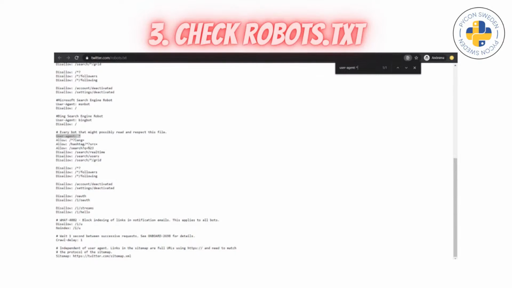For example, here you have the Twitter file, and you can see that under user agent, it allows some pages and disallows other pages. Everything followed by disallow, you shouldn't be scraping. But if it has allow, then you are allowed to, of course.